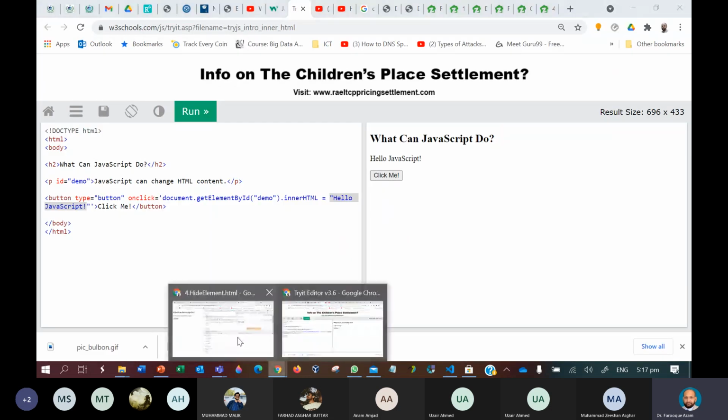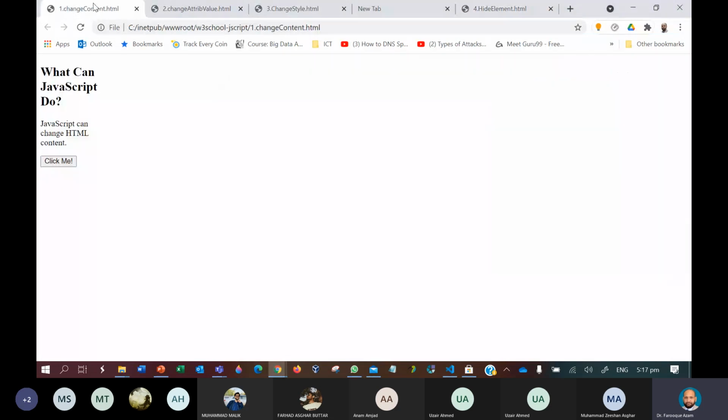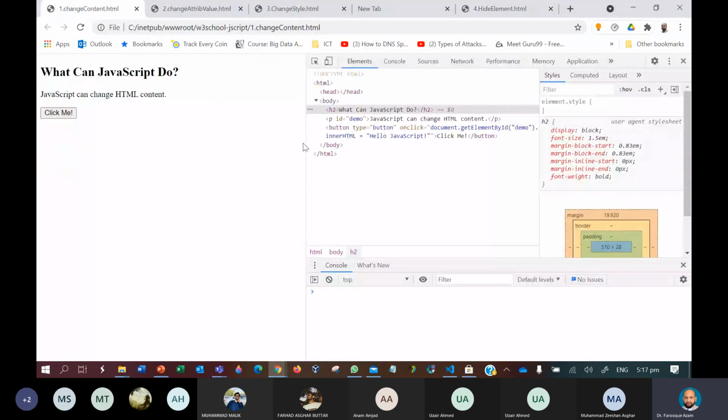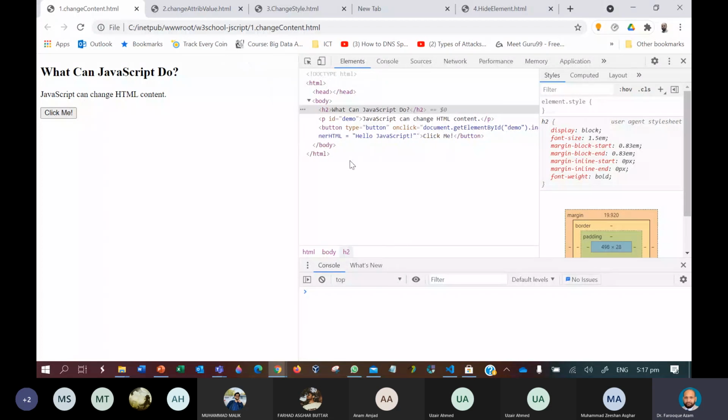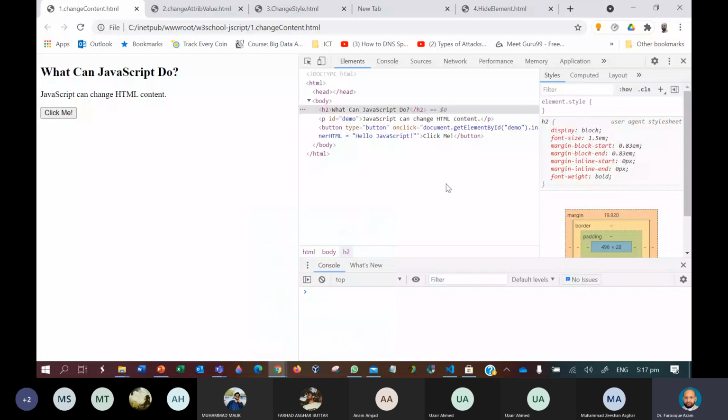So let me open it in Chrome. The same content is being opened in Chrome, and after right clicking, I've opened an inspect window. Now in the inspect window, the same source code is visible to you here,